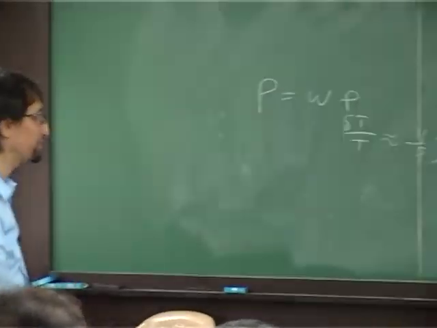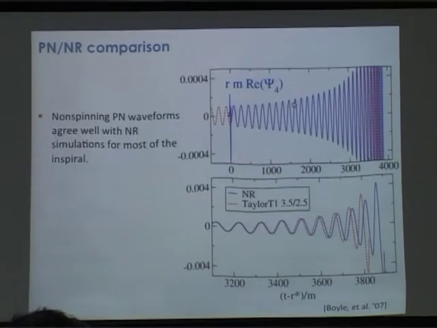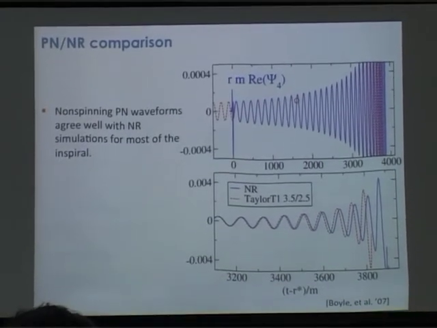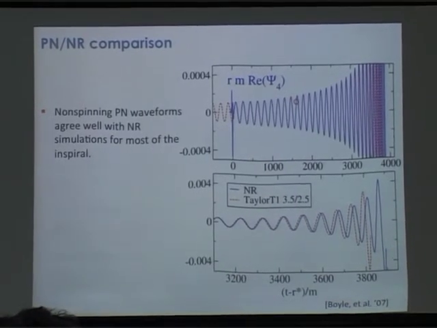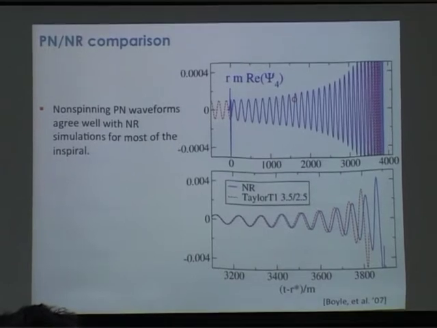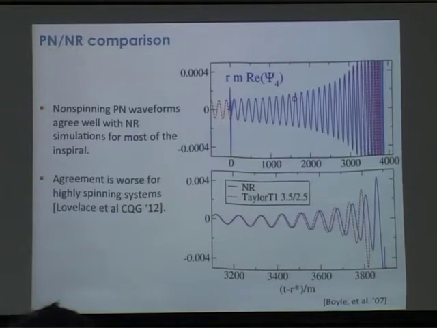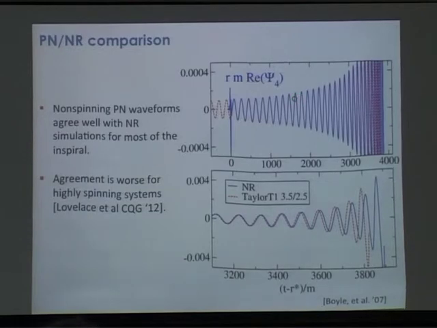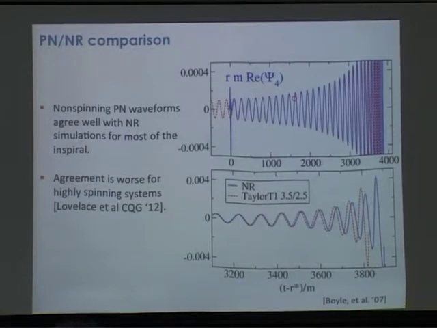Okay, so I talked about this post-Newtonian method. The first interesting thing you might want to do once the numerical relativity works is compare these post-Newtonian waveforms with the numerical waveforms, and generally they compare fairly well up to some specific point, which you can quantify. And the further out you go, typically the better. You can see here, the numerical and post-Newtonian waveforms are aligned at some specific point. For a large part of the inspiral, it agrees pretty well, but at some point towards the end of the inspiral, as you expect, it breaks down and no longer becomes good.